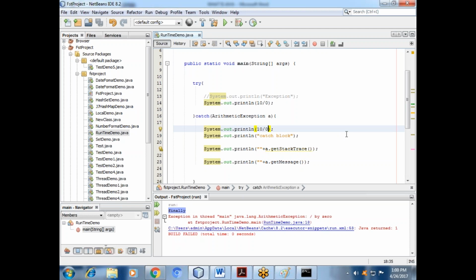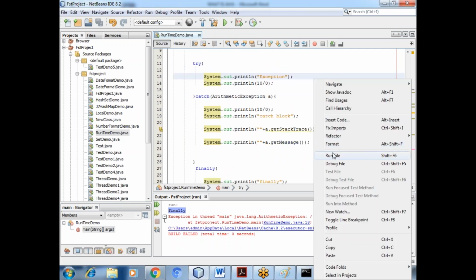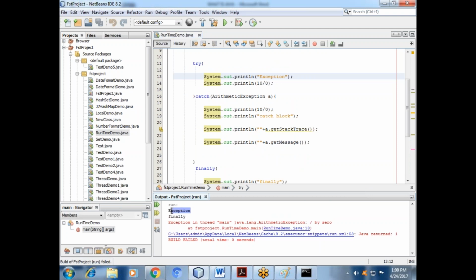Suppose you already have this one here. Okay. So right now, in our finally, you can write first try. Understand, the try block.